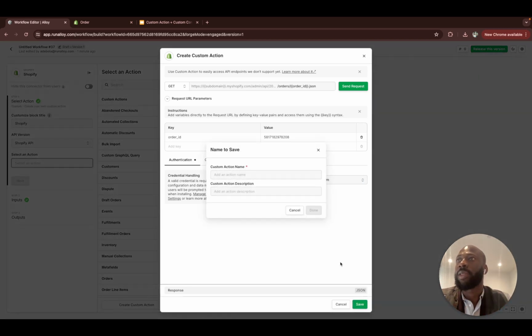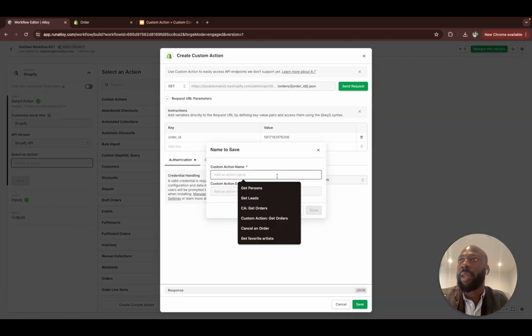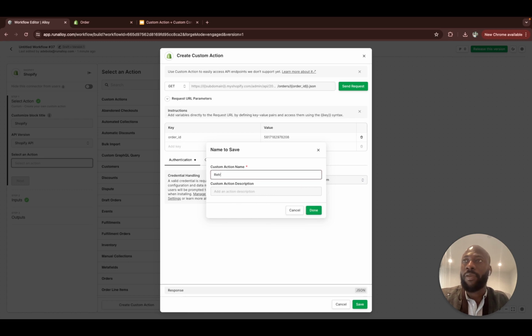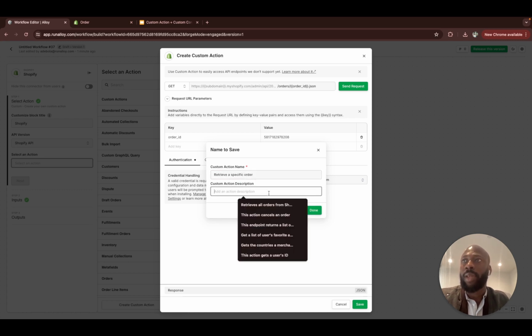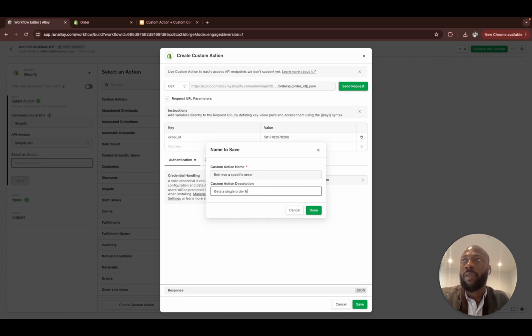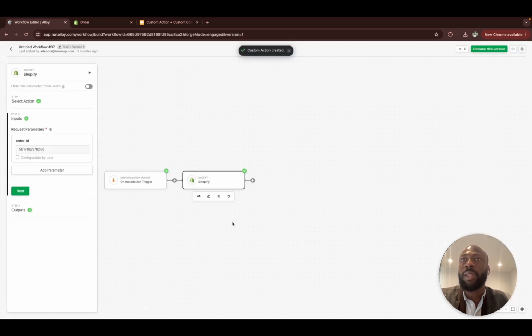I'm going to save this and name it retrieve a specific order. And I can say it gets a single order from Shopify. I can click on done, and this would save this custom action. You can see the request parameters have already been added here, where we've got order ID as a